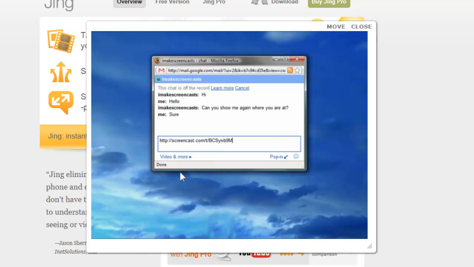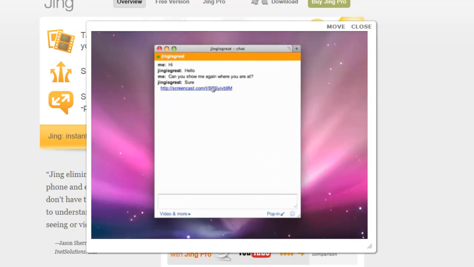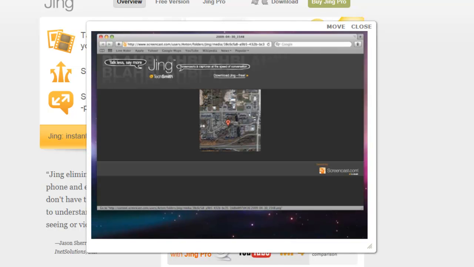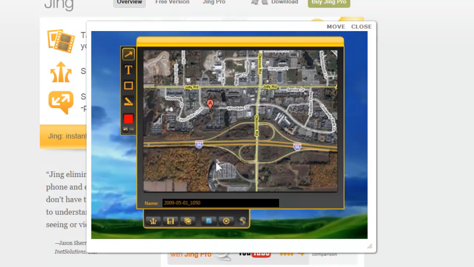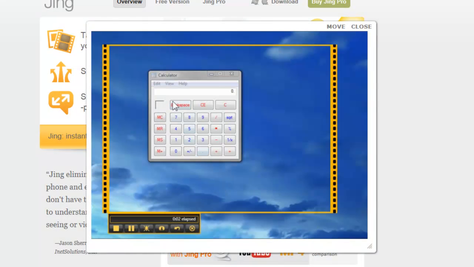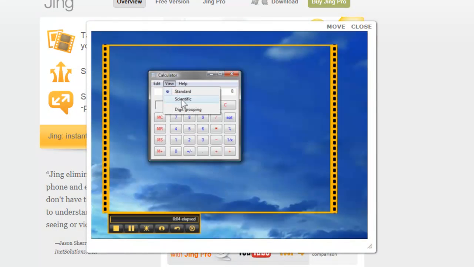Whether that's a chat, an email, on a forum, wiki, your MySpace or Facebook page, or Twitter. So when the other person clicks on the link, they see what you see. Sharing what's on your screen has never been faster or easier. Enhance the images you capture with Jing arrows, text, and highlights. You can also create a short video or screencast with Jing and narrate it to add an extra layer of